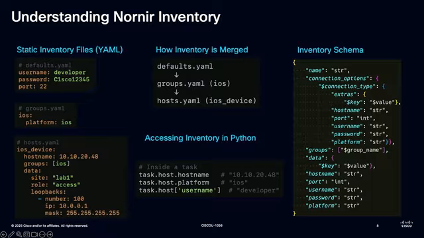And then on my groups level, I just simply define my platform information. So I'm using both iOS and Nexus devices in this demo using a DevNet sandbox that you all can also reserve on your own and follow along later. And then on the per device level, I'm defining the IP address, which groups it's defined to, and then any